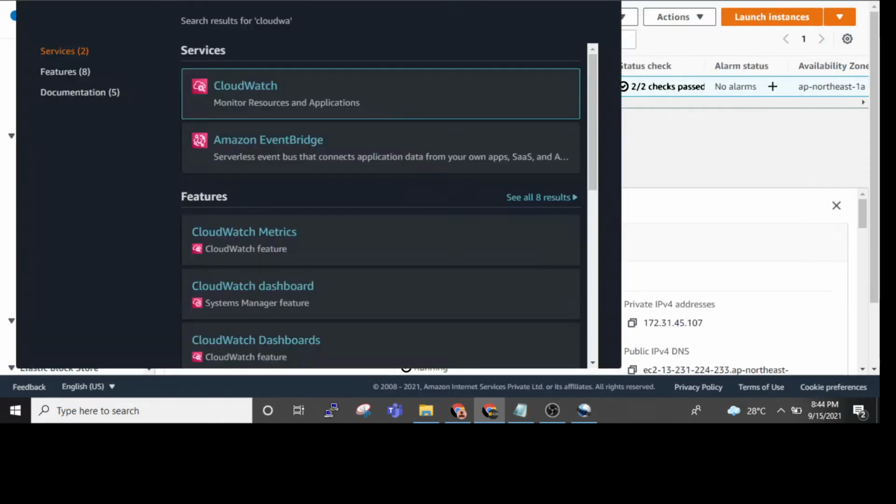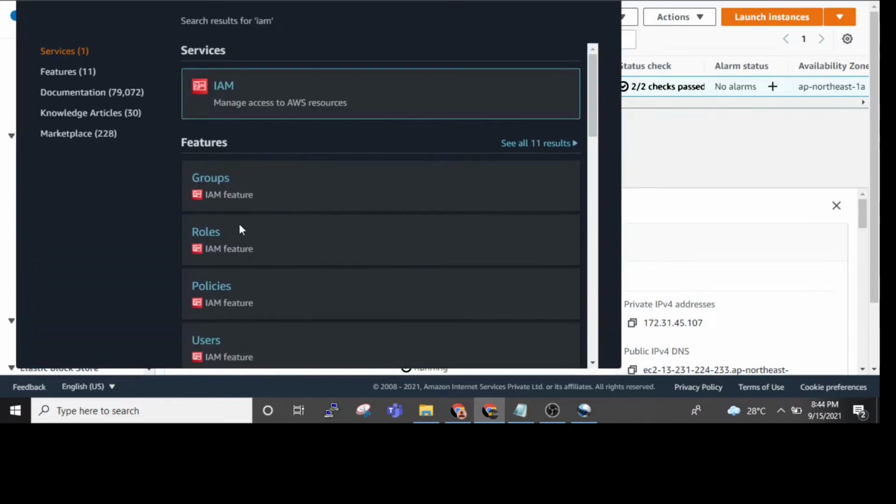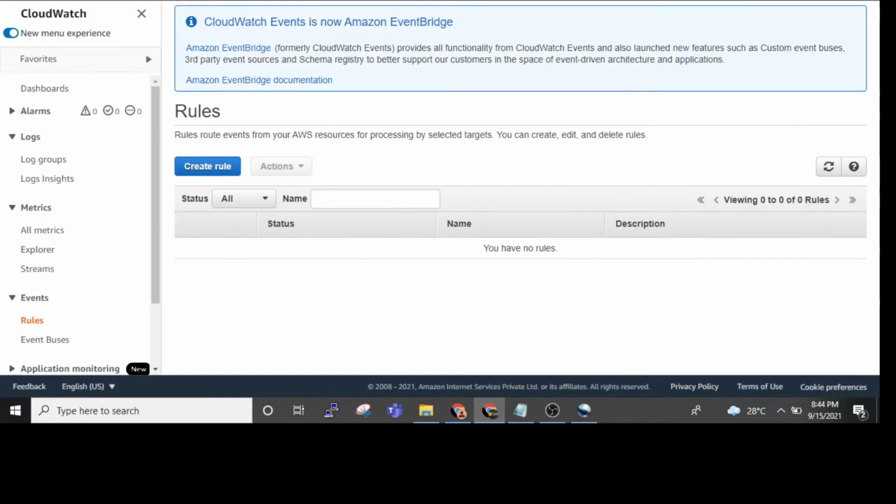All of you know that we need to go to the IAM, then we can see here the role option. Then we can select the role and click on create role.